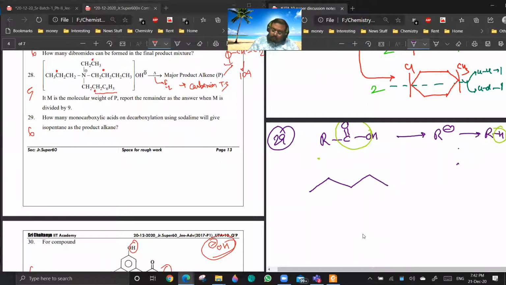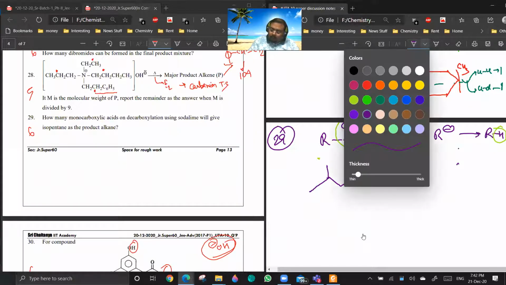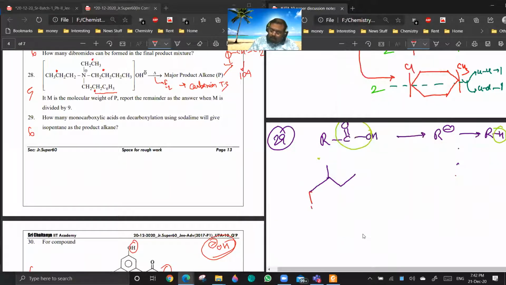Yes, sir. Okay, so I draw isopentane. This is isopentane. Now what are the unique hydrogens here? You can have this hydrogen, this hydrogen, this hydrogen, and this hydrogen. Now, if you convert this to COH,